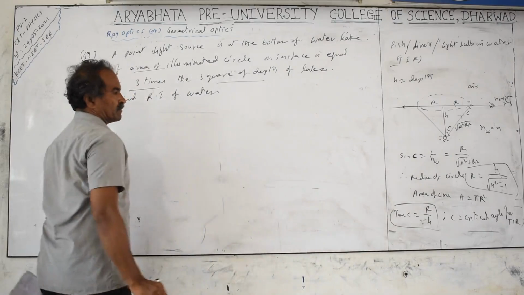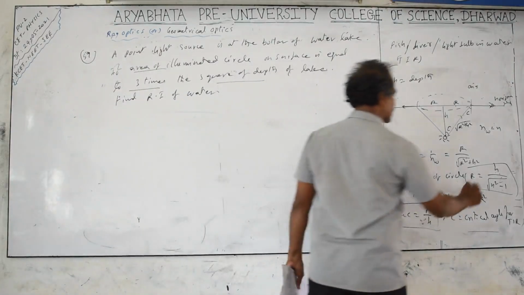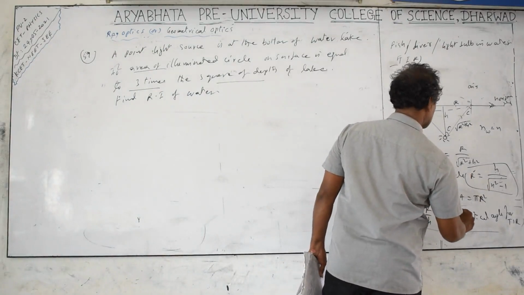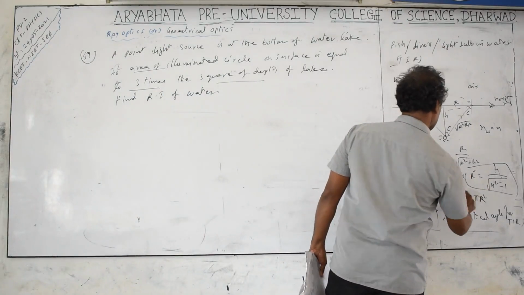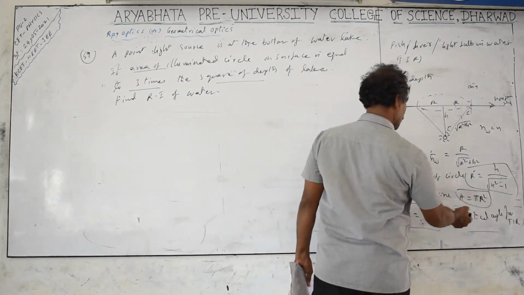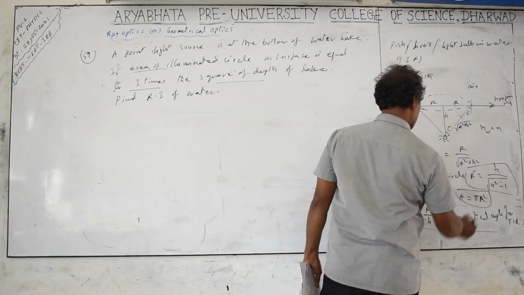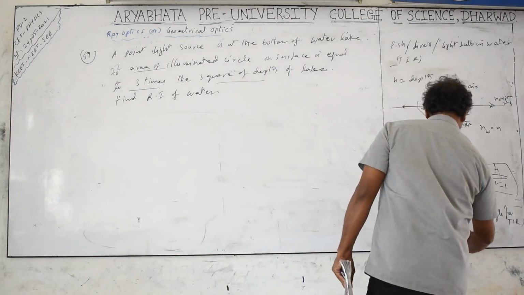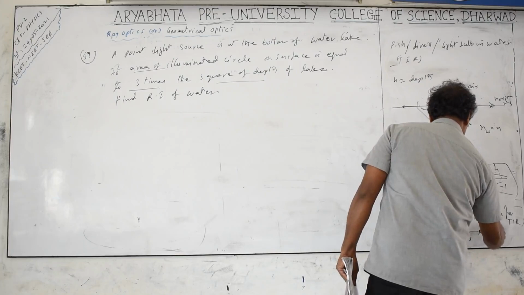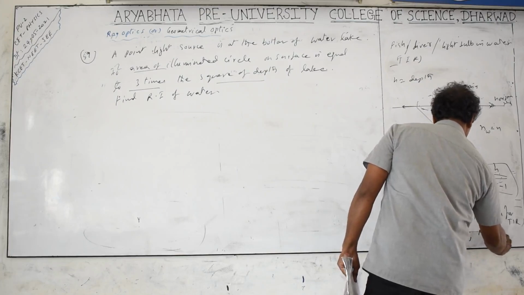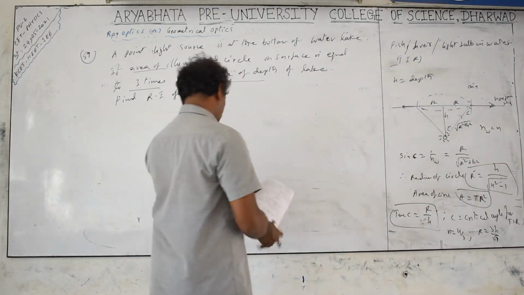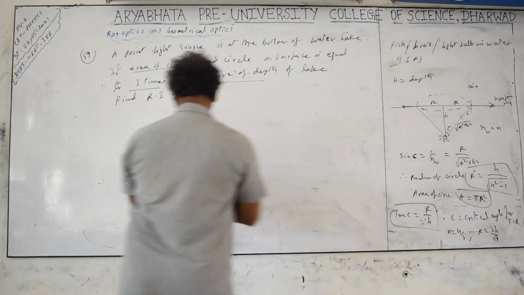These formulas you need to remember. Mainly required is this radius; the area you can easily find out. About the area and radius relationship, when n is equal to 4 by 3, this radius r is equal to 3h by root 7. You can calculate and check that. I will tell you that later.